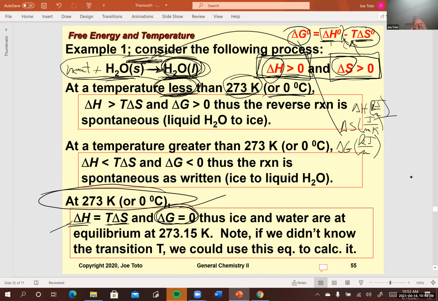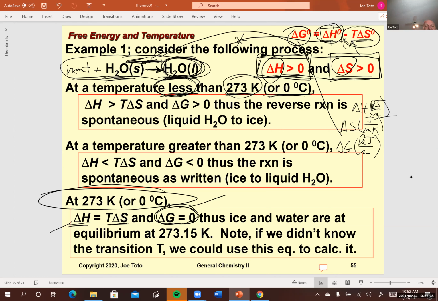And what does that mean if we go one step back and look at the second law of thermo? This term here, this delta H term, the exo or endothermicity of the reaction, that really speaks to the entropy that's created or destroyed in the surroundings. That's an important term.